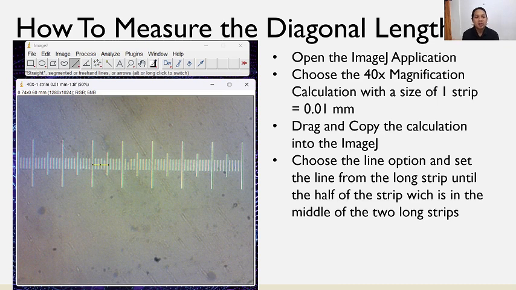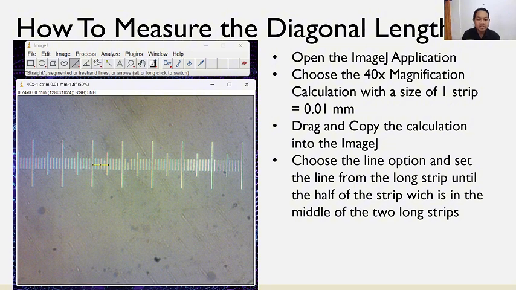First, before we measure the diagonal length of the Vickers result, we have to open the ImageJ application. After that, we choose the 40 times magnification calculation with a size of one strip equals 0.01 millimeters. After that, drag and copy the calculation into ImageJ until it is the same as the picture.